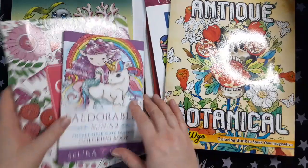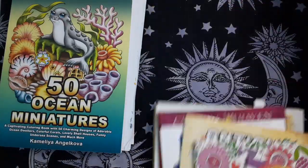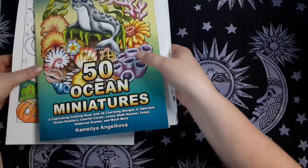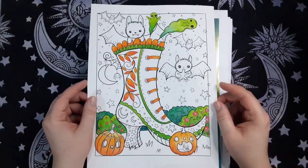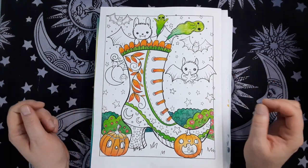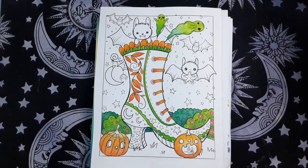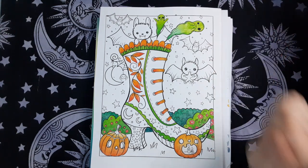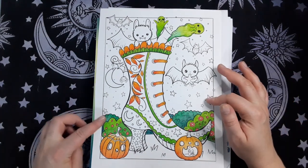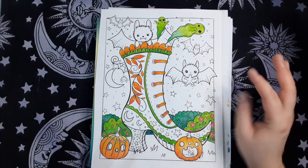So anyway, let's get started with the finished pages. I'll show some WIPs first, actually. So this is a PDF that I bought from Edwina McNamee on her Etsy. I really wanted that Autumn Magic coloring book, and it's not available on Amazon for whatever reason. So I had ordered that, and then I also ordered this set of 5 bat themed images, and this is in her Halloween coloring book, which I just got too, but I wanted to